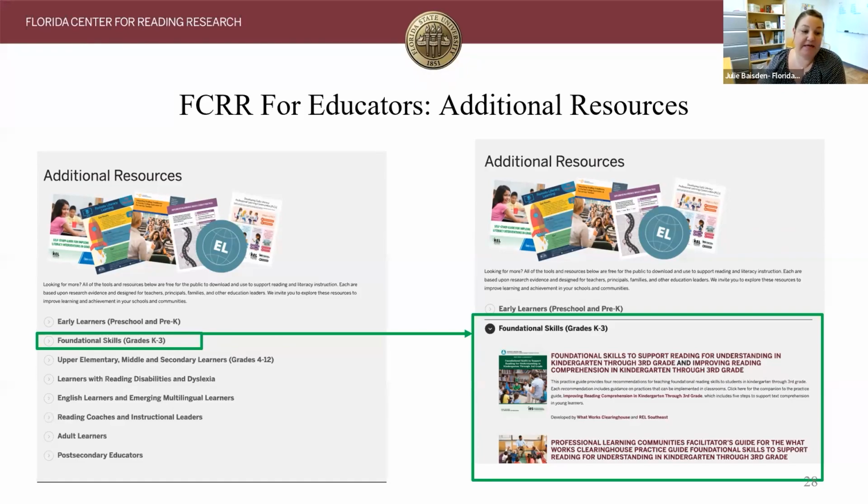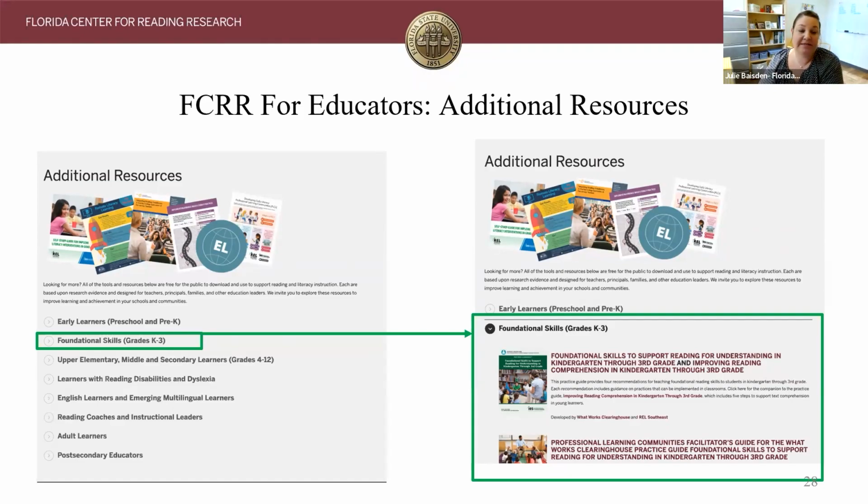You can see on your left-hand side, these are the ones that are connected to reading and literacy. And we have topics for K through 12. However, if you go onto the IES website, there are practice guides for other things as well, such as dropout prevention, behavior, even math. So there are things for everybody to look at.